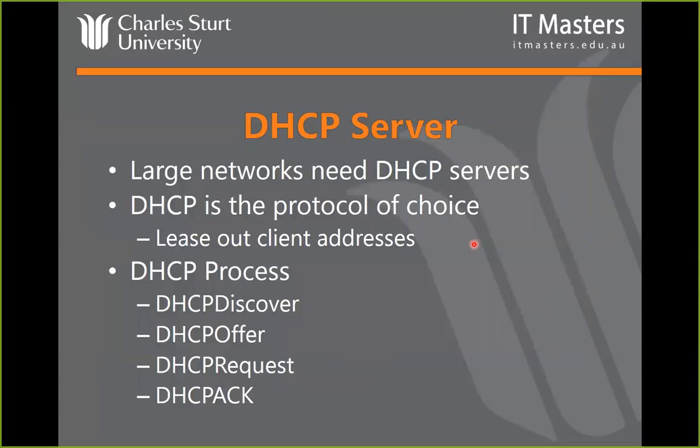So there's DHCP Discover, where a host will come on and broadcast looking for a DHCP server. They then go through the offer and request process, where the DHCP server will make an offer of an IP address to an end host, and that end host can either accept it by sending acknowledgement, or decline it and request something else. More correctly, it's request first, then an offer, and then an acknowledgement process. Once that's all gone through, the host requesting a DHCP address will have access to its IP address, and away it goes. It becomes part of the IP network and can start communication.